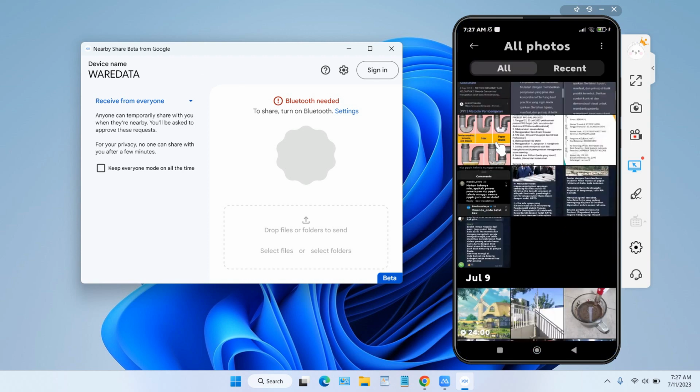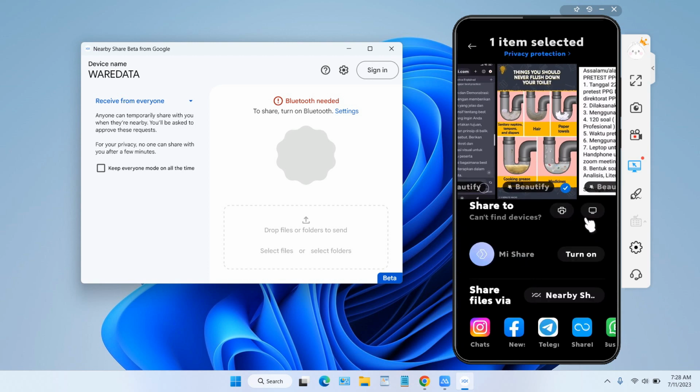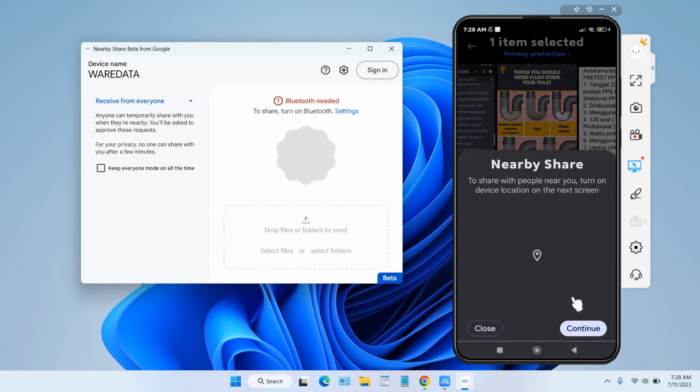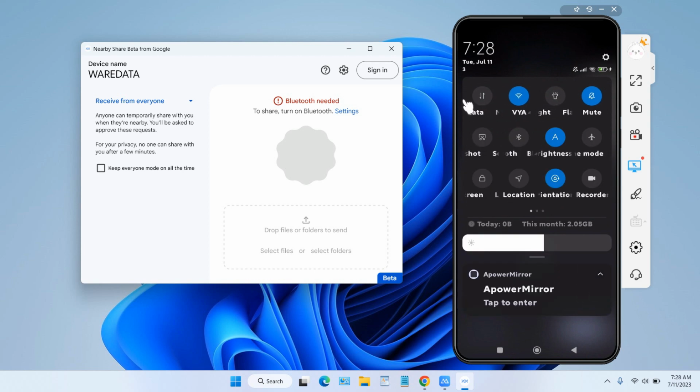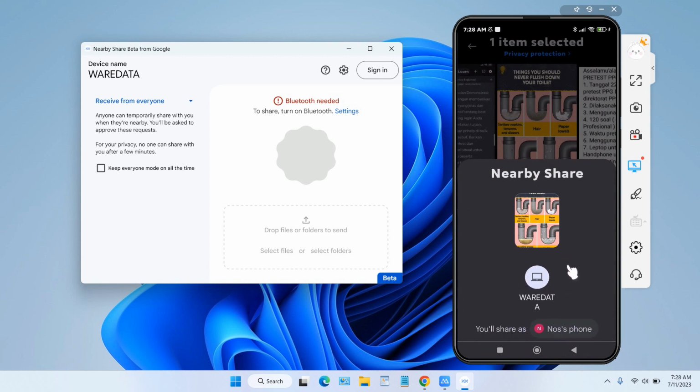For example, let's send this picture. I want to send this picture, just clicking the send button in here. Okay, you can see there, and then you can click the Nearby Share, and we need to set our location to on in here. Okay, just set the location to on in here, and as you can see there, our device on my PC